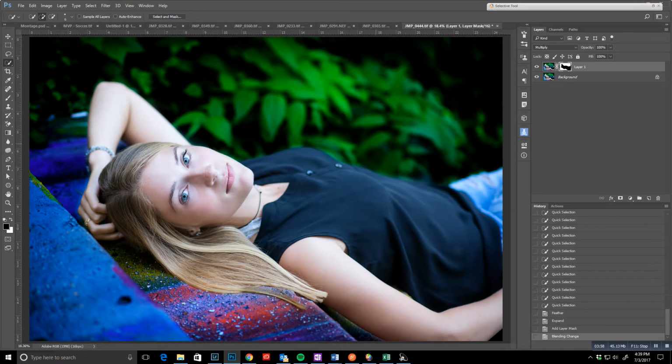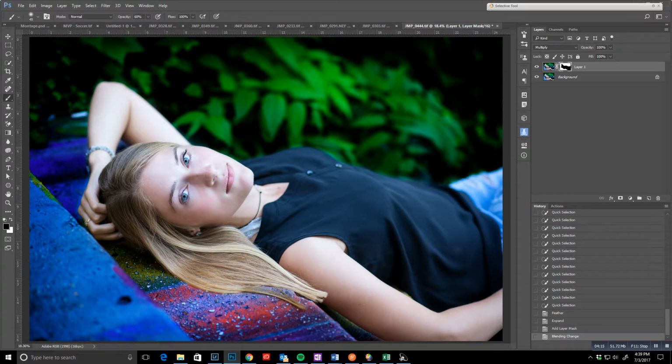And that's basically the gist of what we're going to do. You're still going to get a little bit of haloing. You can see some down here, you can see some here. Turn it off and on. What I do in those situations is click on your layer mask, and since the outside is white, we want